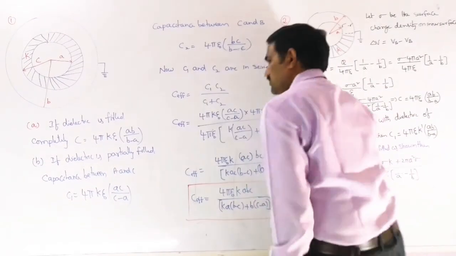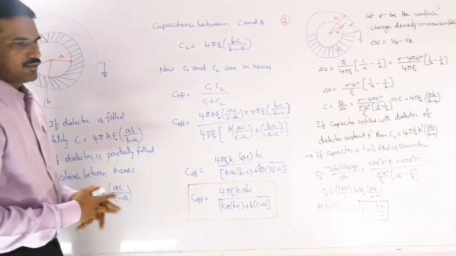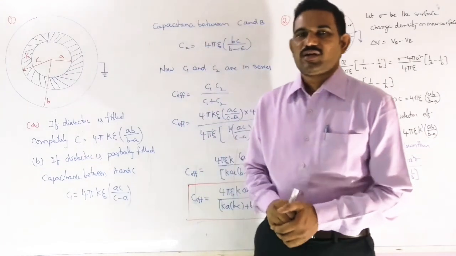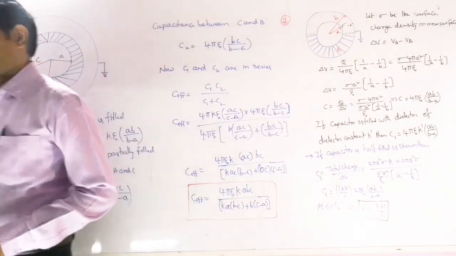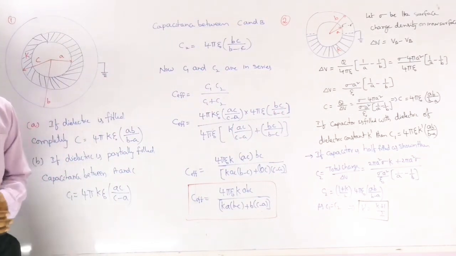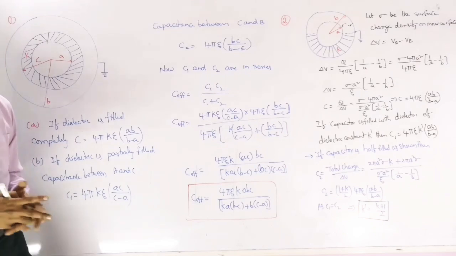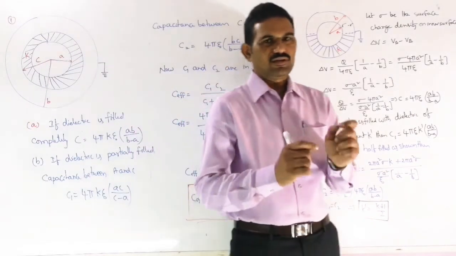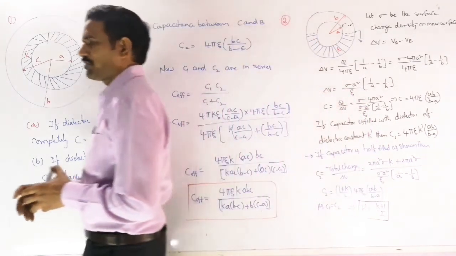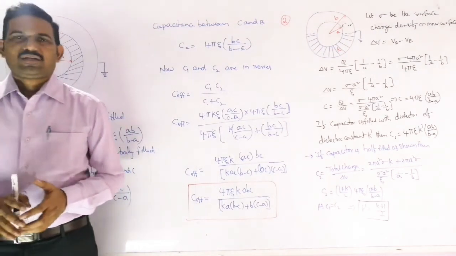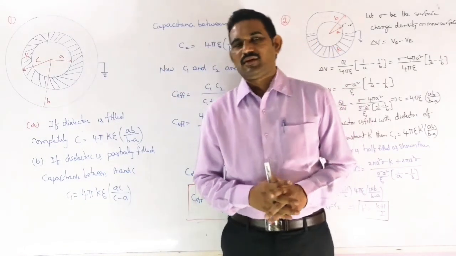Now let us see the problems based on these spherical capacitors. So write this problem. Find the capacitance of the following system. In the first condition, A, the space between the shells is completely filled with a dielectric of dielectric constant K. And the second one,